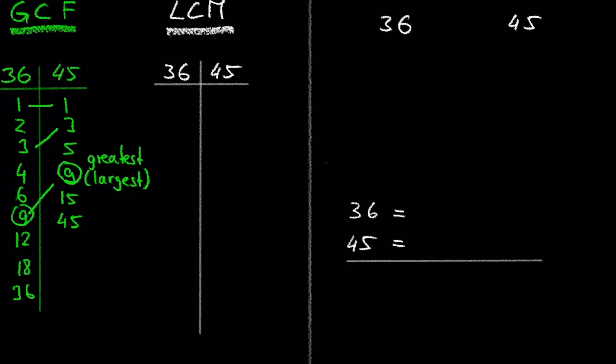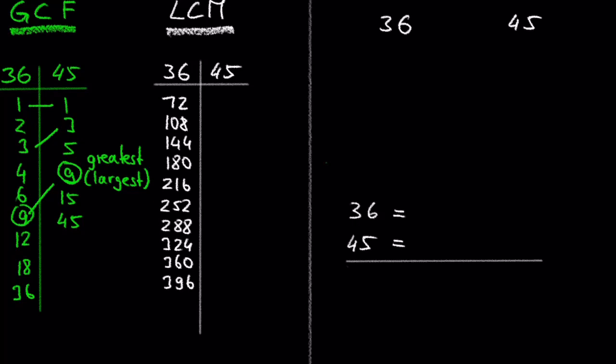Let's find the least common multiple of these numbers. Multiples mean to multiply the 36 by 2, by 3, by 4, and so on. So we get 72, 108, 144, 180, 216, 252, 288, 324, 360, 396, and so on. And the multiples of 45 are 90,